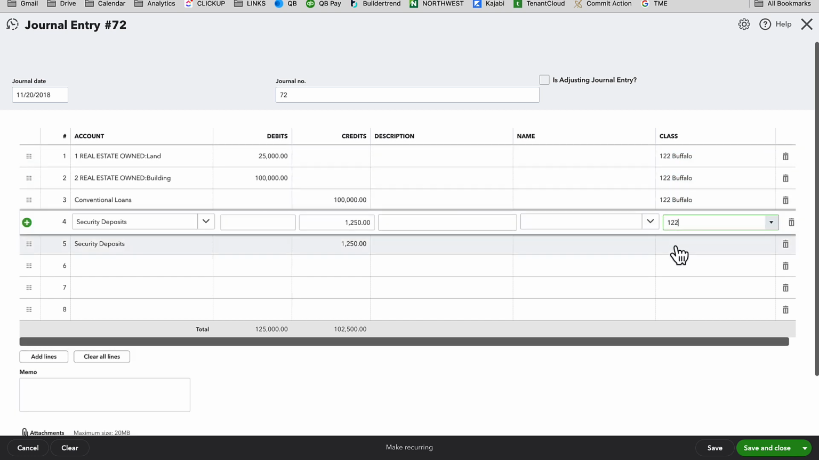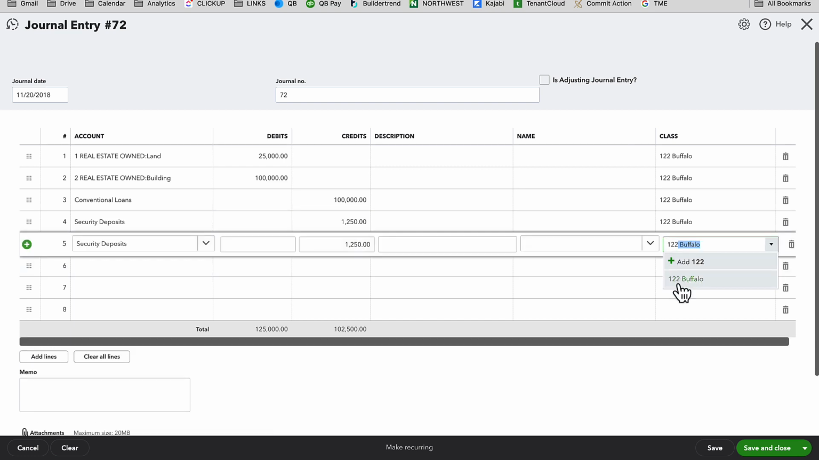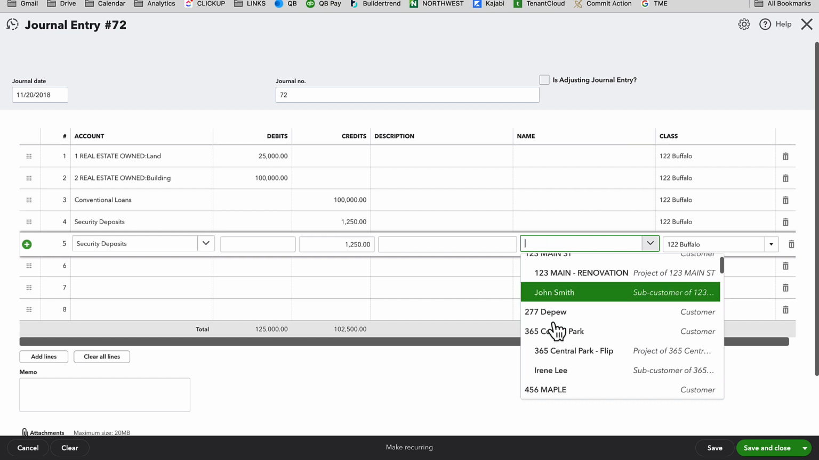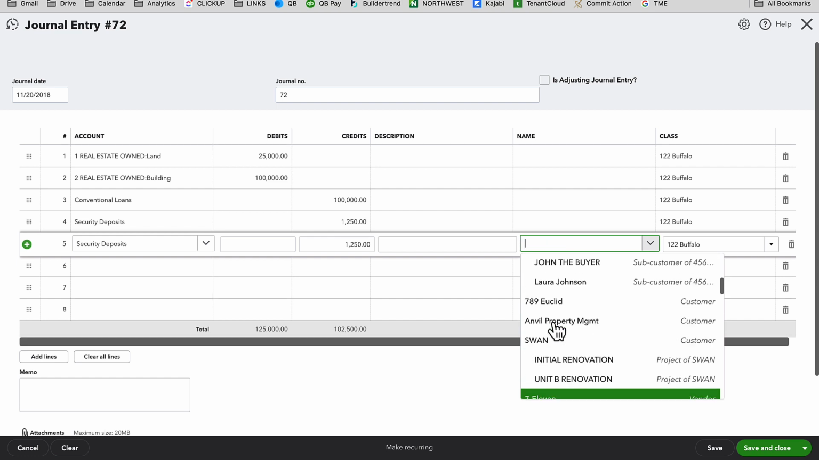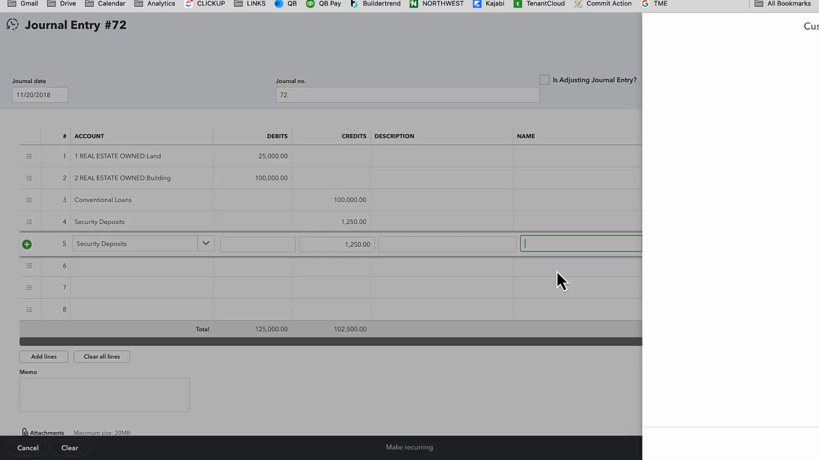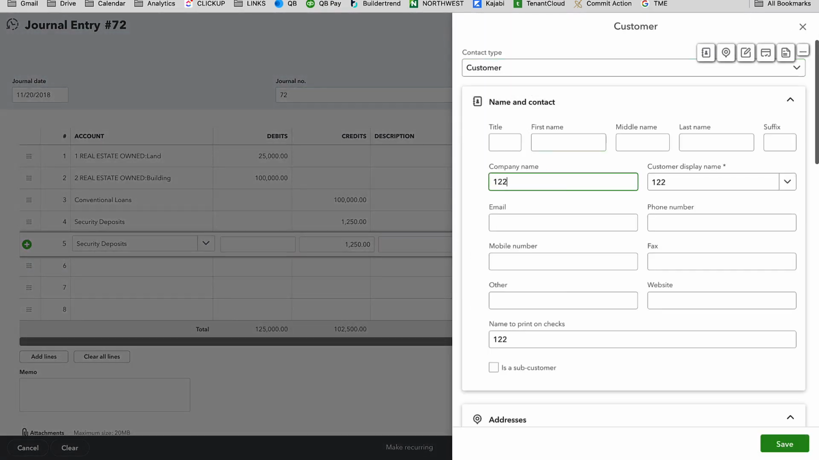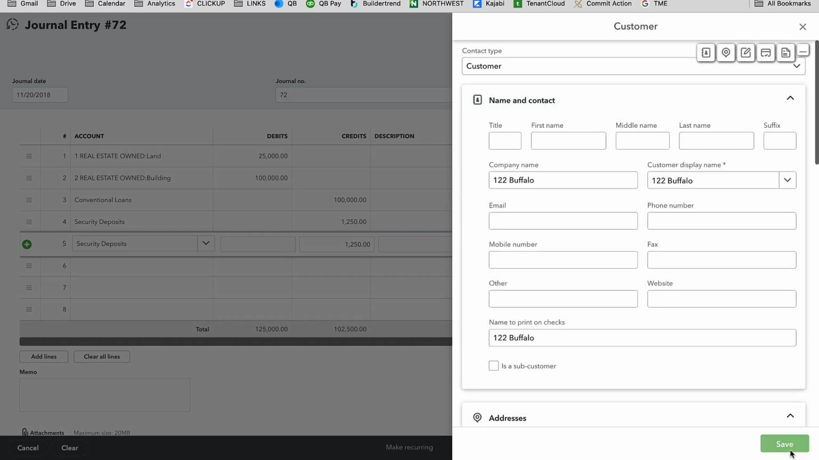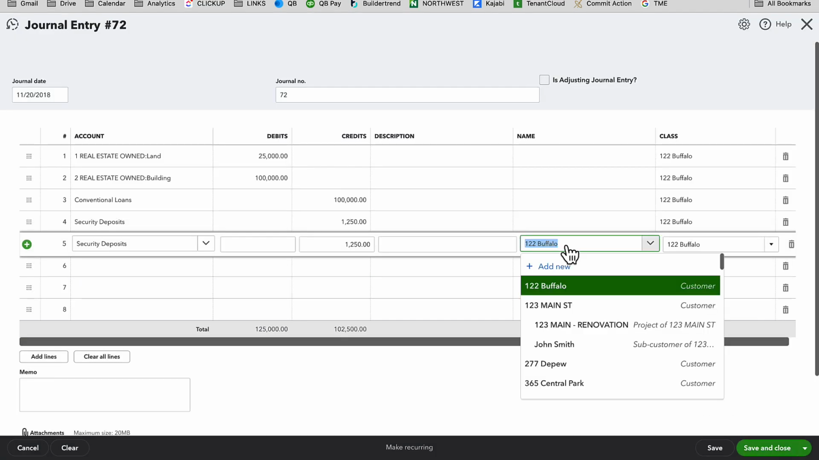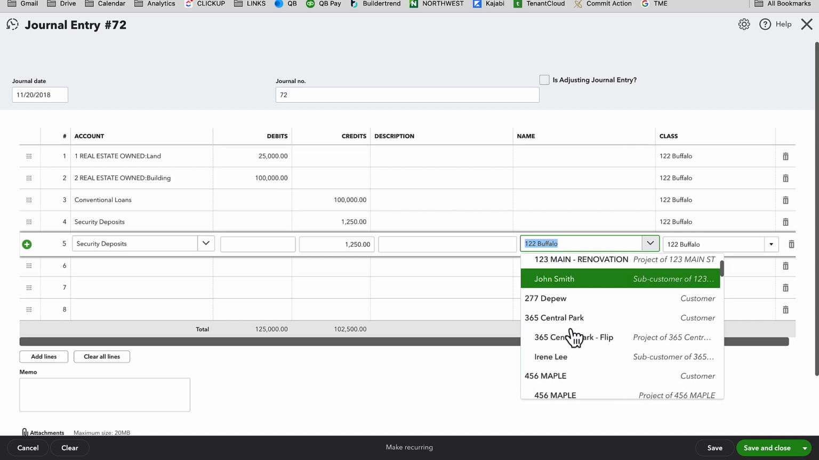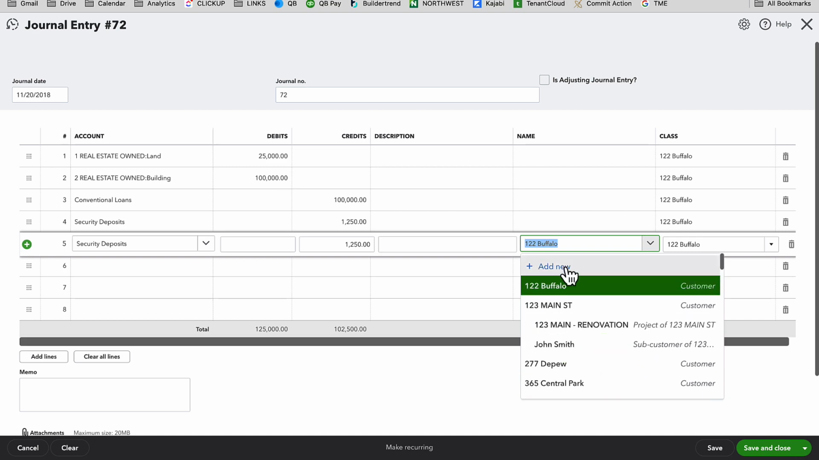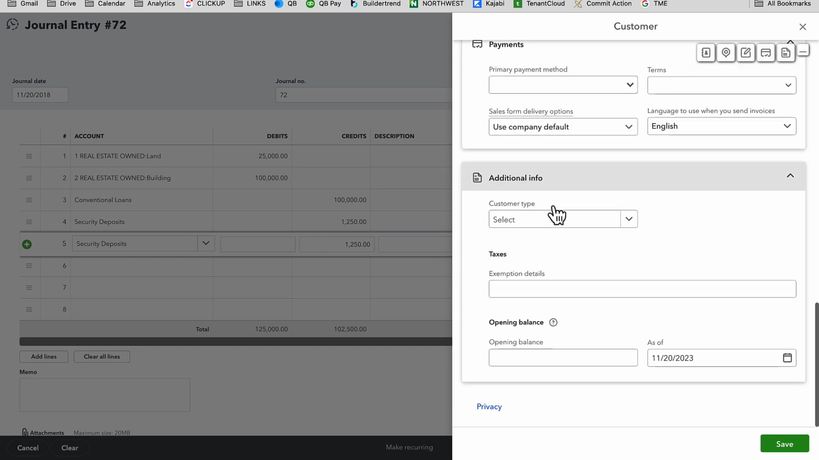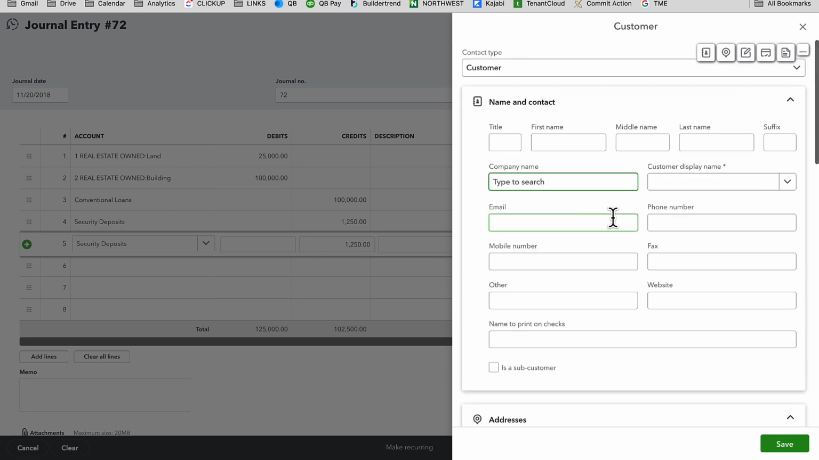Now, this is a case where it goes into, should we use class, should we use customer? Here, I'm going to be using both. Actually, I don't think I have one set up for 122 Buffalo. We're going to add a new customer. So I'm going to add 122 Buffalo Street as a customer. And then I'm going to add a tenant named Juliet. Okay, so I'm going to go new customer, and I want this customer to be a